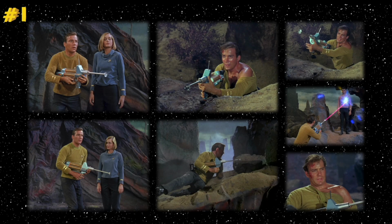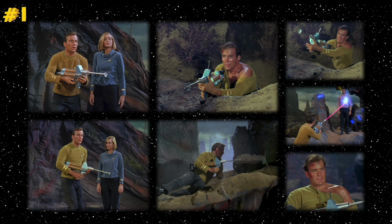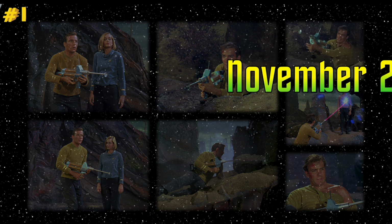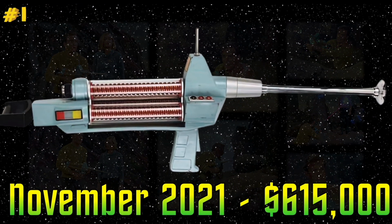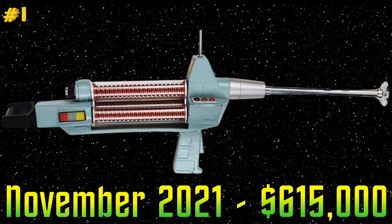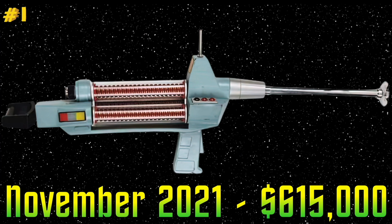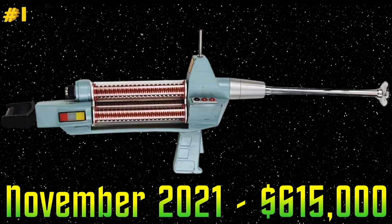The number one most expensive item in Star Trek history is the phaser rifle that was designed for the second pilot, Where No Man Has Gone Before. A toy company had made arrangements to build the prop in exchange for the right to make Star Trek toys. After the series was sold, Roddenberry decided he really didn't want to do business with that toy company, so they simply turned the phaser rifle back over to them, and what happened next was literally lost in the annals of